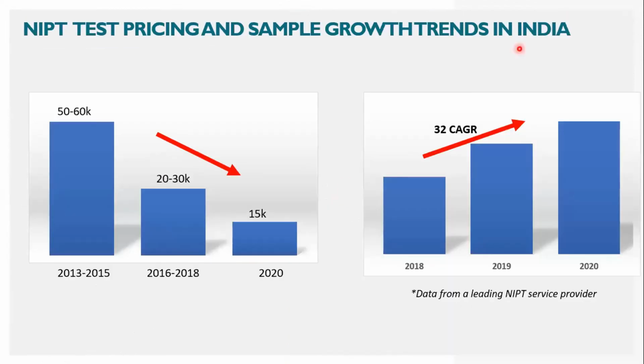Okay. When NIPT was started initially, in 2013, it was a very expensive test. Now, since many people are adopting this test, it is turning out to be a little more cost effective, and many tests are being done. If you remember my earlier slide, almost 75,000 samples are being done in India itself. So with the increasing use of NIPT, the cost is going downward.